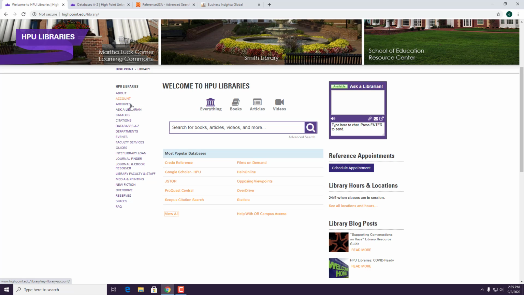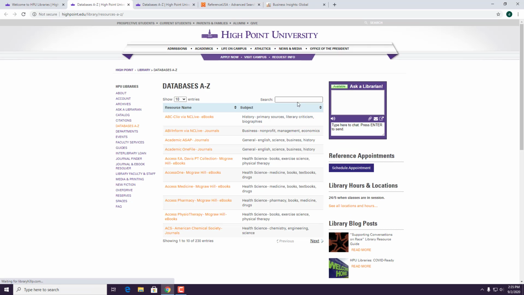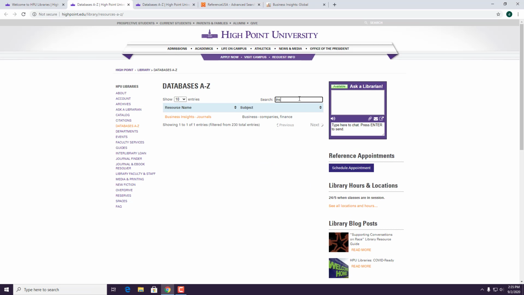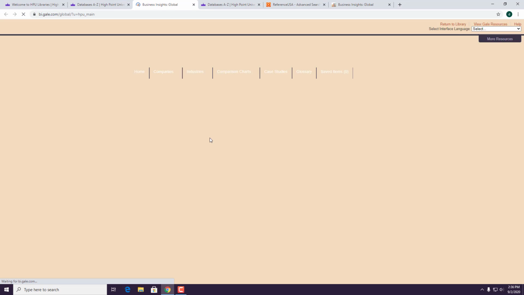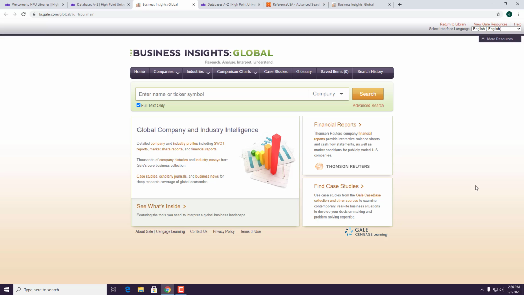So what I'd like to do is go over here to either Databases A to Z or the View All, either one. I'm going to click into the resources that the university purchased for you to use. The one I'd like to start off with is called Business Insights. I just typed in the word Insight, and it's just going to get me to this one quickly. I'm going to click on the link,